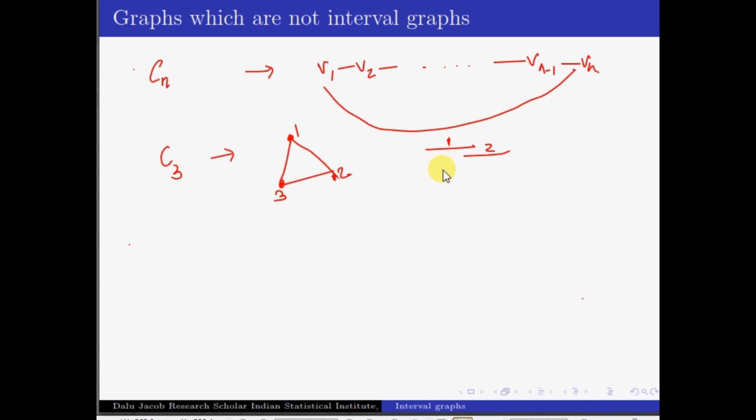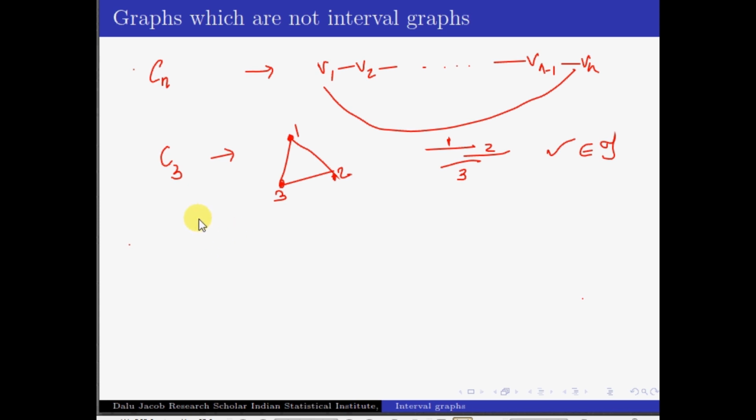Here it was quite easy because every vertex was connected to each other, so the interval representation can be any intervals which have a common point of intersection, right? So this means that C3 qualifies to be in the class of interval graphs. We can find an interval representation for C3, and hence it qualifies to be an interval graph. Now let us go to another step.